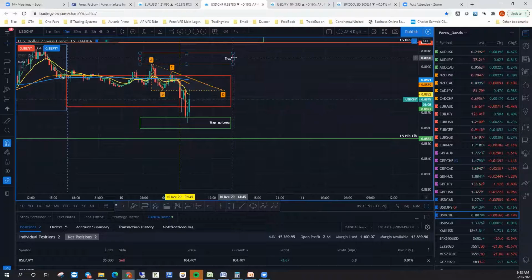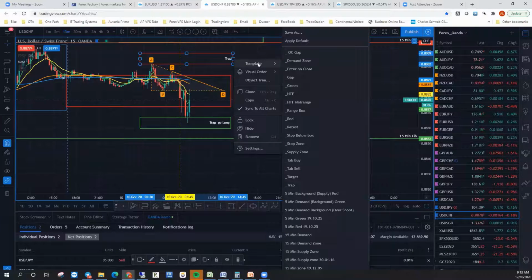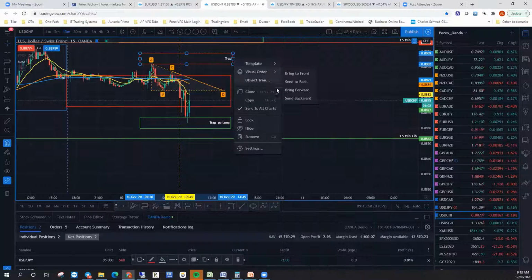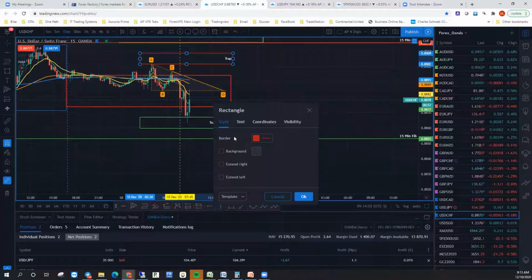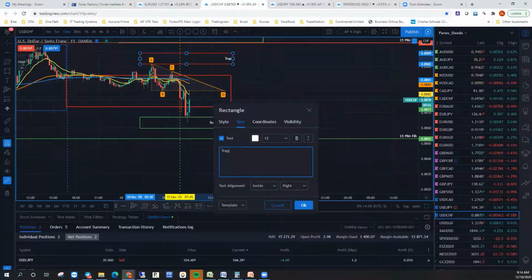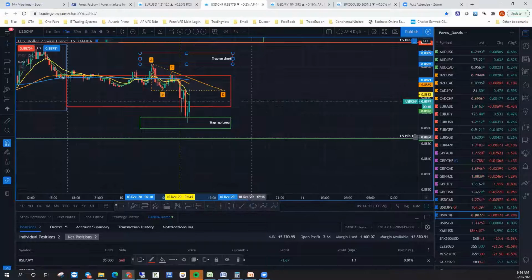This would be a trap to go short. In essence, this is the supply and demand. It's not really a supply zone because that's probably more of a higher time frame area, but I kind of like this. One thing about it: if you enter long down here and you're wrong, you don't lose much. You can put a pretty tight stop on. If you go short up here and you're wrong, you don't lose much. But if you're right, you've got this whole area to come back into.